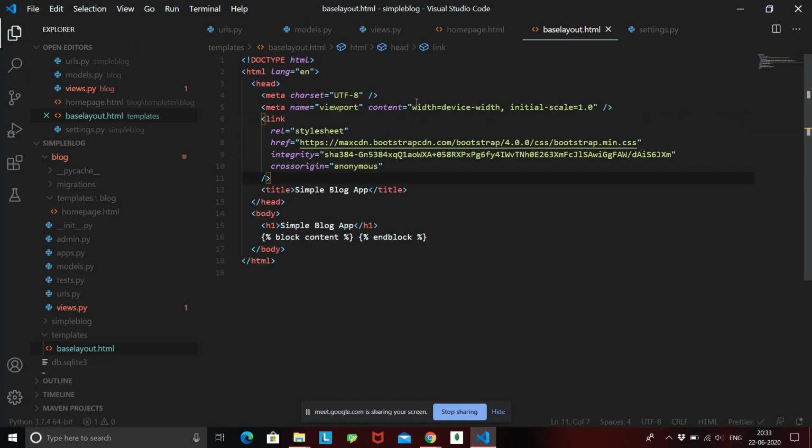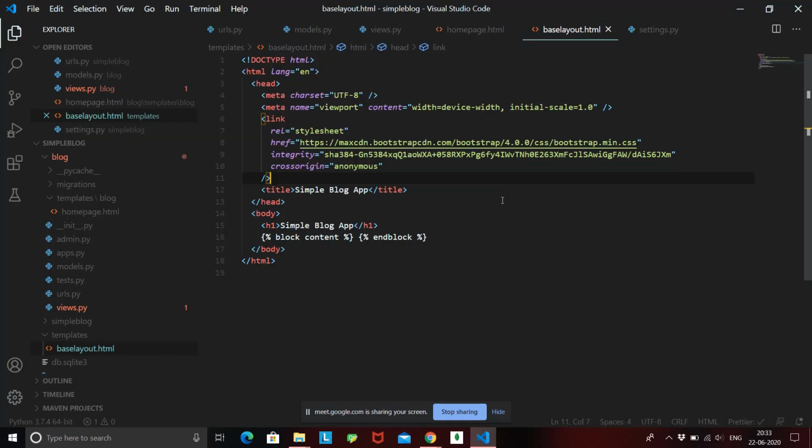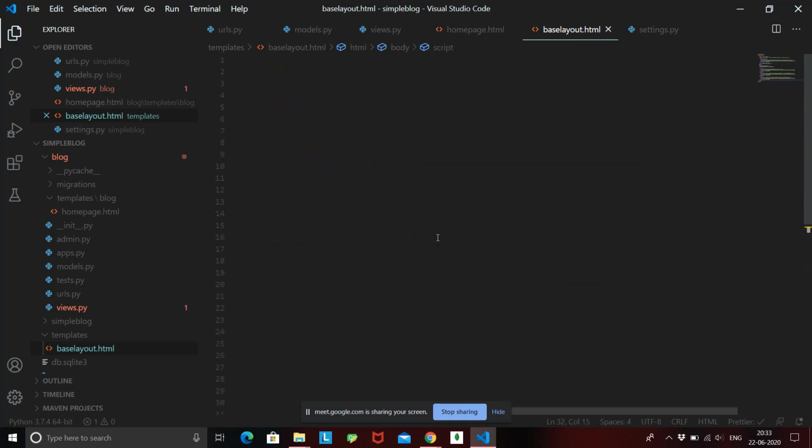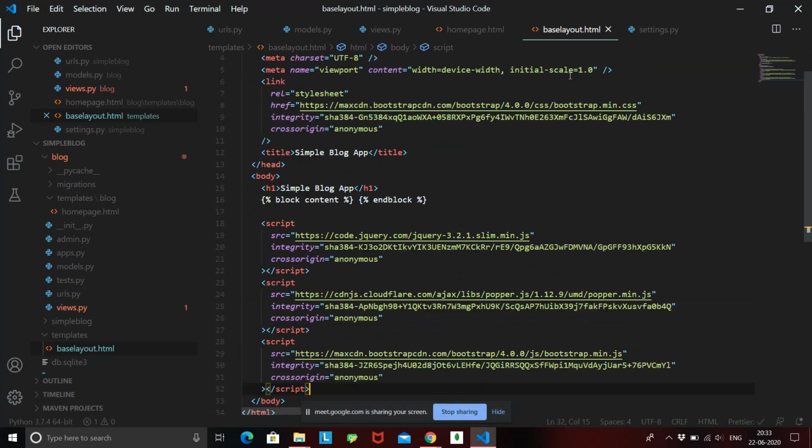So now each and every template that we write, or each and every HTML page we write, is going to contain this link automatically. Why? Because it is going to extend this base layout. Fine. So we don't have to copy paste this link in each and every HTML page. Once we write it inside base layout, it will be applicable to all the HTML pages that we write. Also, next thing, we need to copy this JavaScript, copy it, and just before the body tag ends, we need to paste it. Okay, so now this base layout is complete.